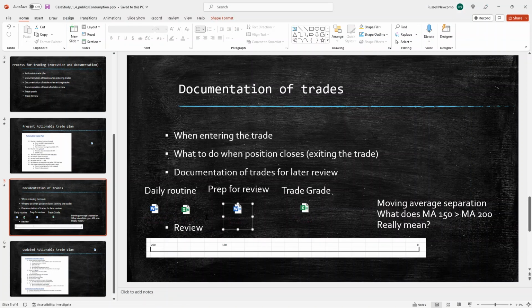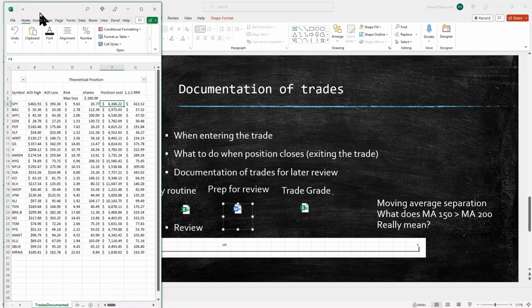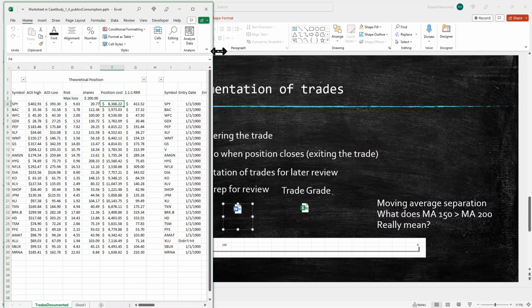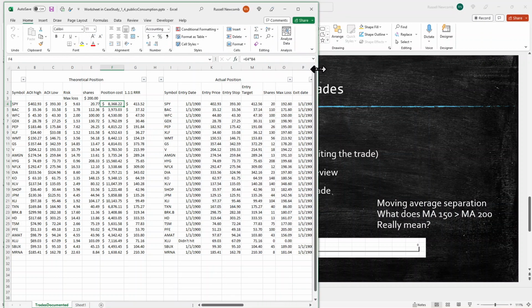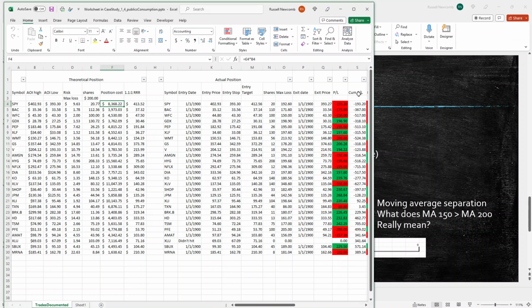So let's get into the review portion of the trades. This was filled out on a day-by-day basis. I then go back and look at the actual trades. So this was what it should have been based upon all my rules and my area of interest. And these are the actual